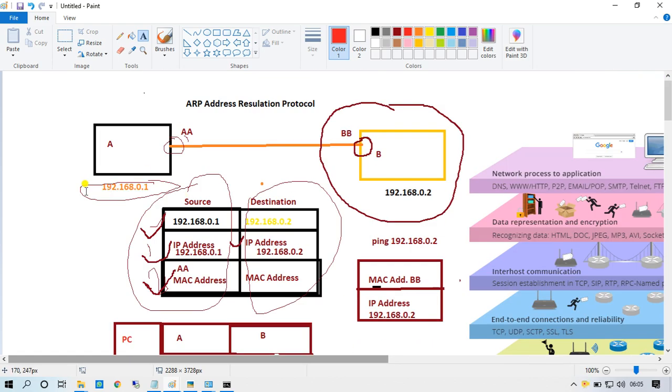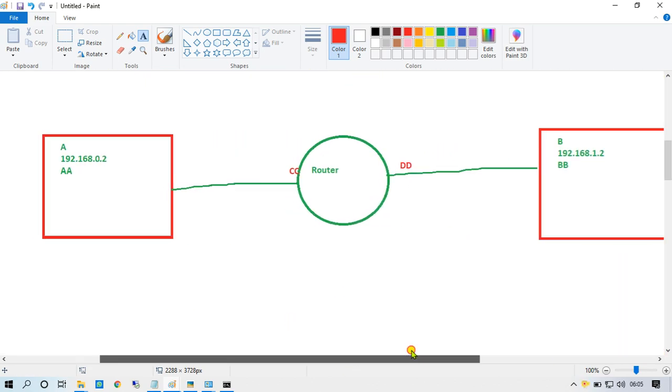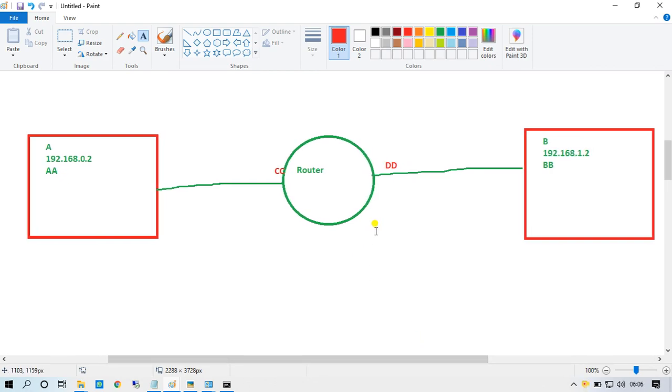Both PCs were in the same network, that's why communication was established. What will happen when we connect two different networks, and how will they communicate?